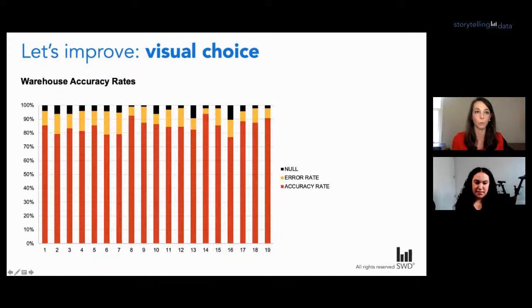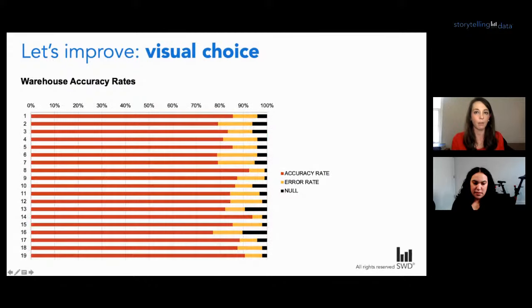So let's actually go back to the way we originally had it graphed, which is 100% stacked bars. And so one choice I would recommend making here is actually flipping from a vertical orientation to horizontal. Now, the reason I would do this is let's assume instead of numeric warehouse IDs, I have very long category names. So perhaps there's a long alphanumeric category, or maybe we want to spell out the name of the warehouse, which you can imagine can get very long. A horizontal orientation would allow me extra space along the left-hand side to actually spell things out horizontally, and I wouldn't have to diagonally rotate or truncate my text.